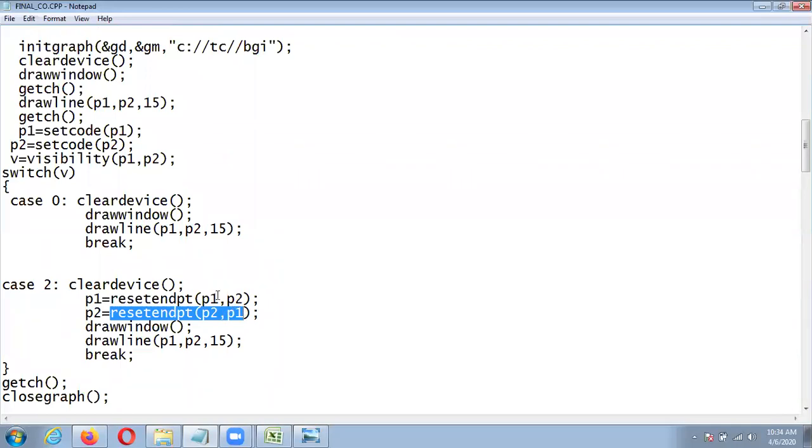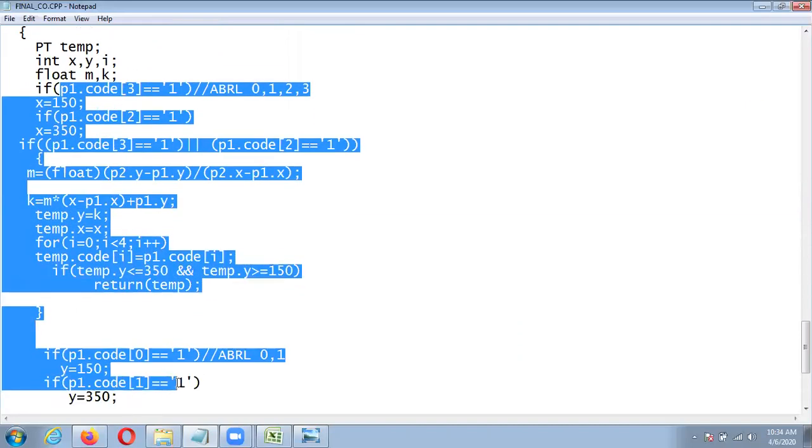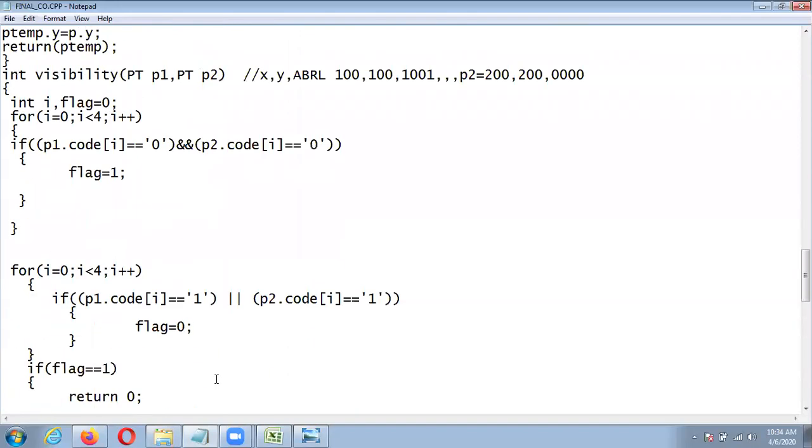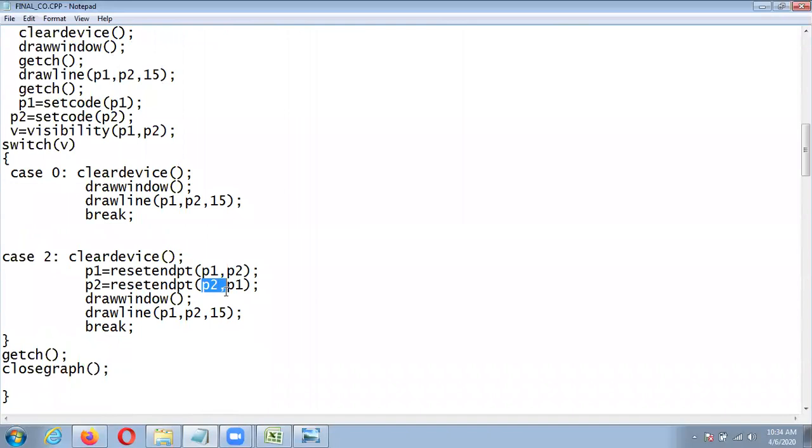We have already checked p1, and now we have to check p2, so we pass p2 first and then p1, because in reset endpoint we consider p1 first and then p2. All this code is written for p1 only.